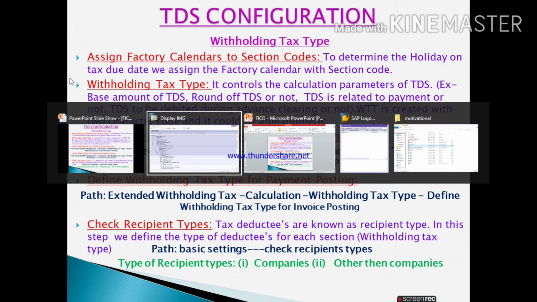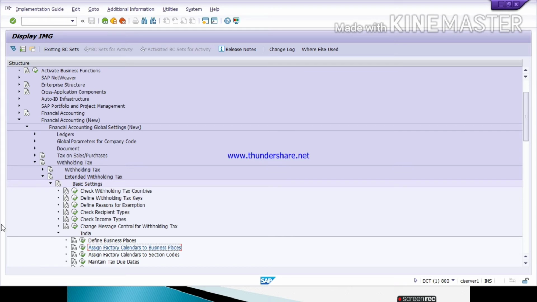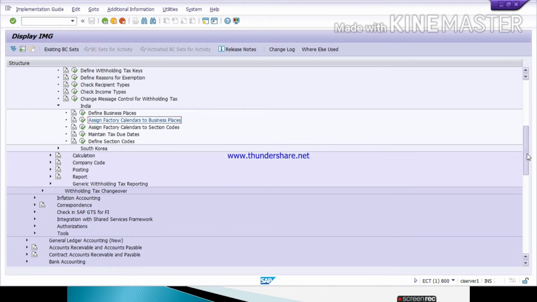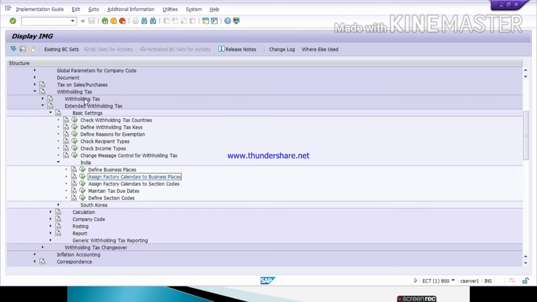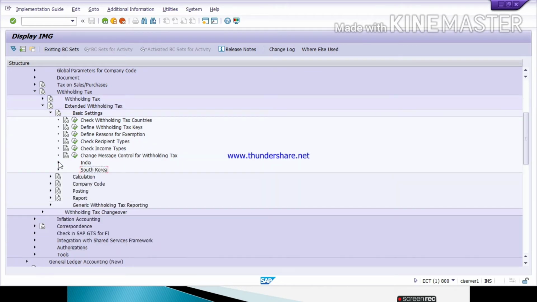Now go to SAP. Here in the same extended withholding tax, basic settings, India, directly in basic settings you can click on this calculations. We'll get back.